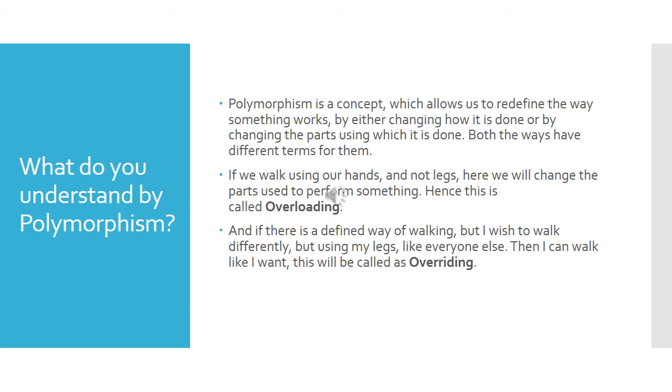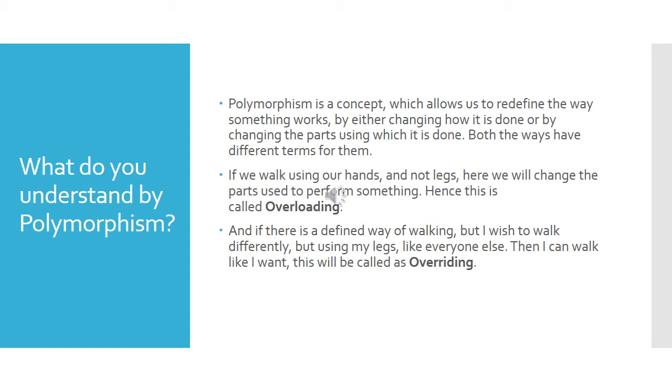The next concept that we'll be learning here is polymorphism. Poly means many, morphism means forms. So when a concept is exhibiting different forms, it is called polymorphism. For example, if you have an operator which helps you in adding two values, and on other occasions it is used for concatenating two strings, in that case that operator is exhibiting polymorphism. That means one operator performing in a different way on different occasions.